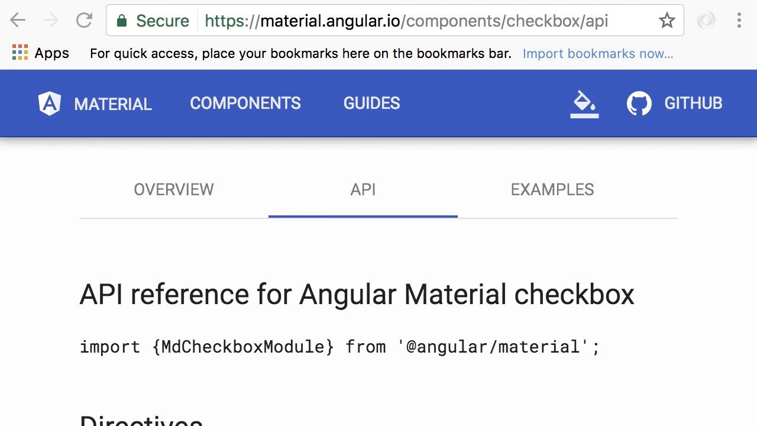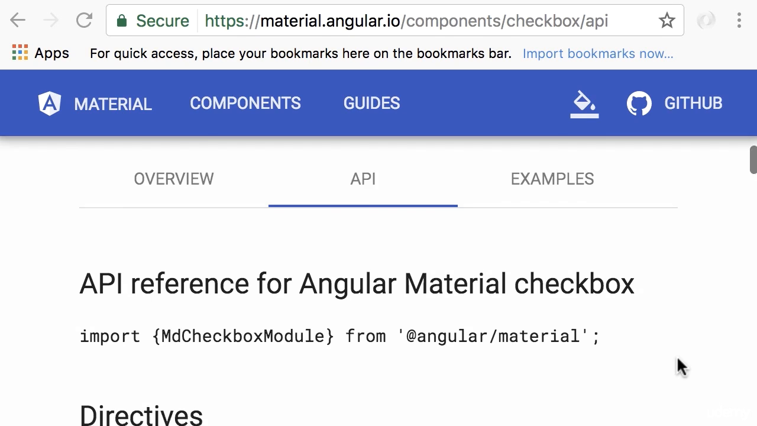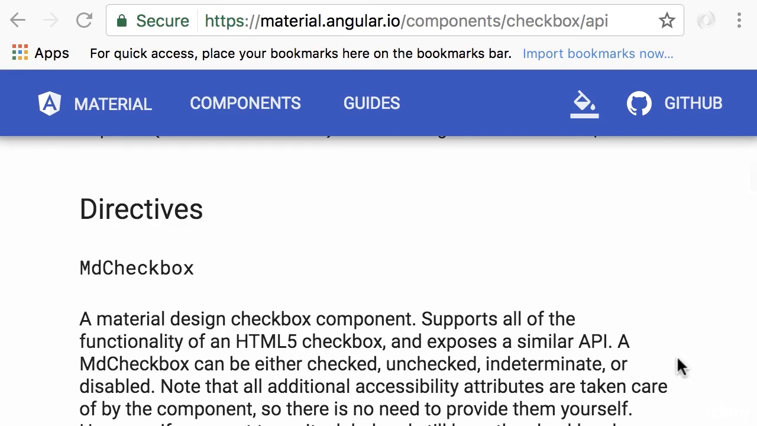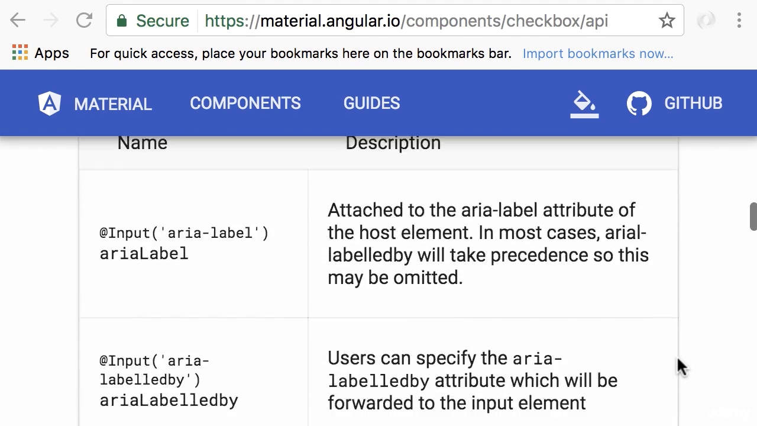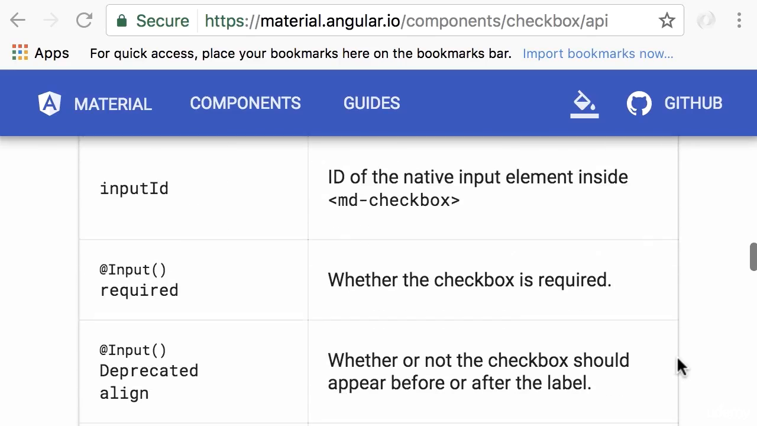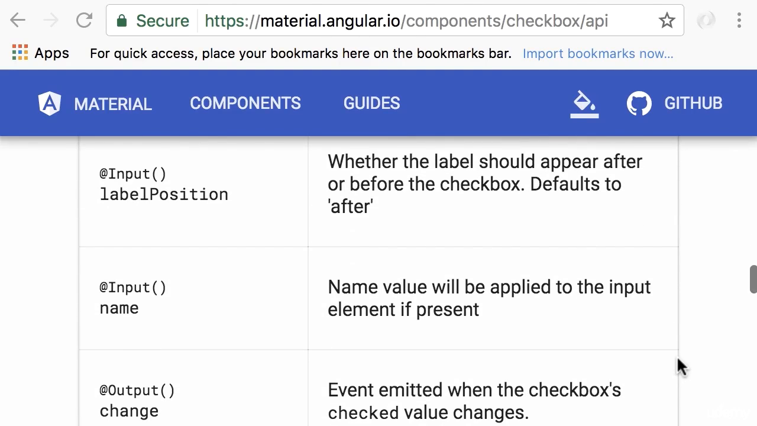So once again, if you go back to the documentation for this component, under the APIs tab, we can find all the properties implemented in this component. So here under directives, you can see the name of our component, that is MD checkbox. And below that, we have a table with a list of all the input and output properties. Now, there is not enough time to go through each of these properties, and it's really pointless. So I want to show you a few key properties that you're going to use in a lot of real-world